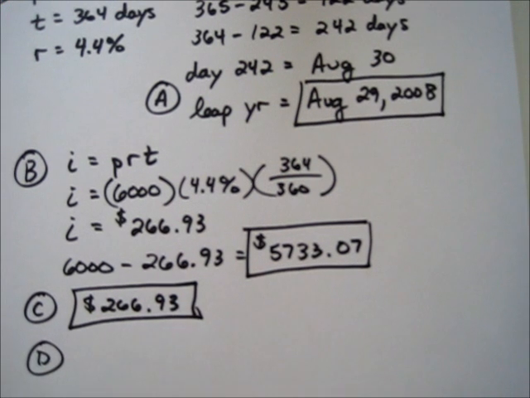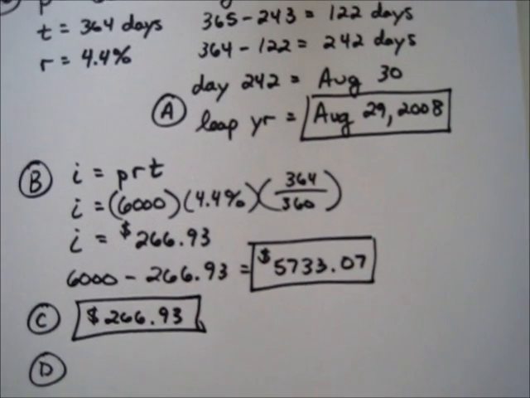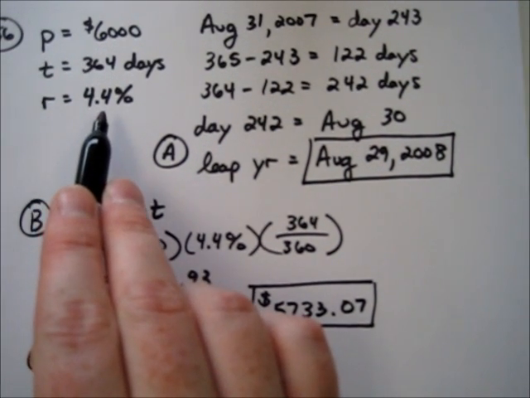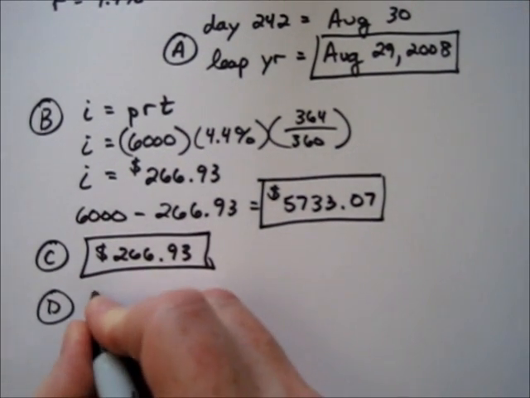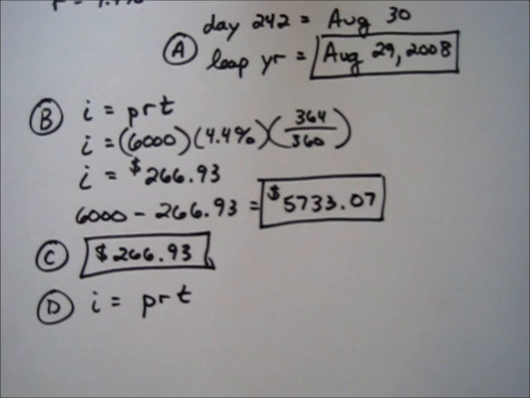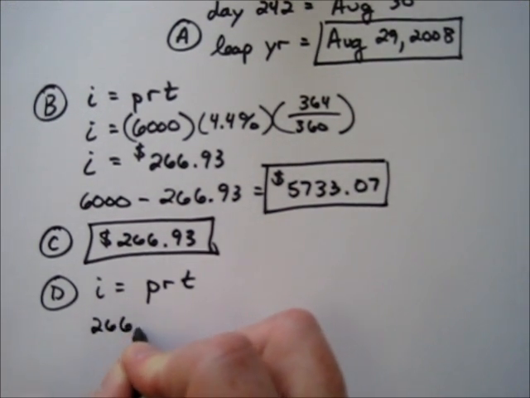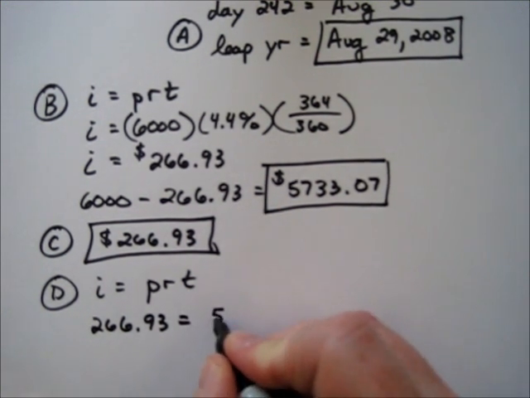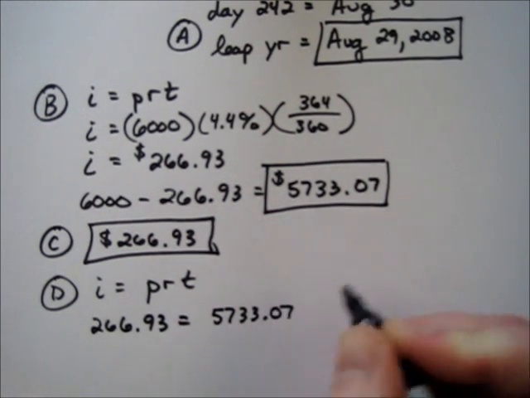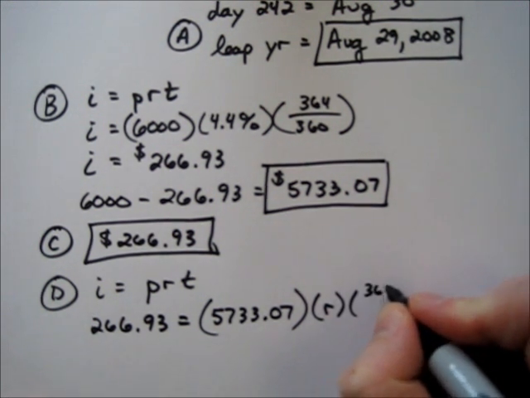Lastly, Part D. What is the actual rate of interest of the Treasury bill? So the stated rate was 4.4%, but she's actually going to be earning a little more than that. So we've got our I equals PRT. From the government's perspective, because they're the borrower, they paid an interest of $266.93 on a principal of $5,733.07 because the government never really had the $6,000. The interest rate is what I want to figure out, and the time is